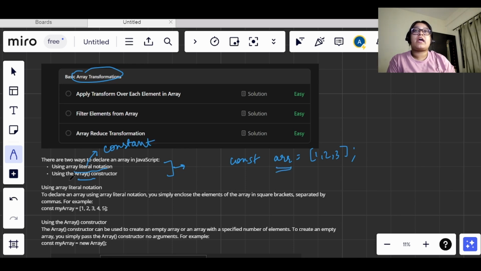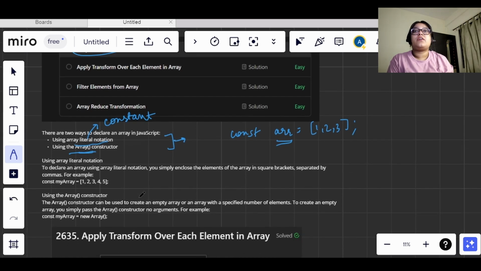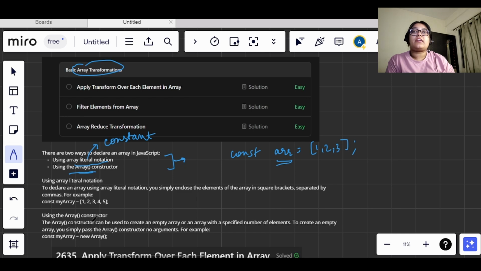The other one is array constructor. What it means here is that we will be using the array constructor to create an empty array, and we will be assigning values to it, or maybe we can assign the array to it, or it can be simply an empty array.